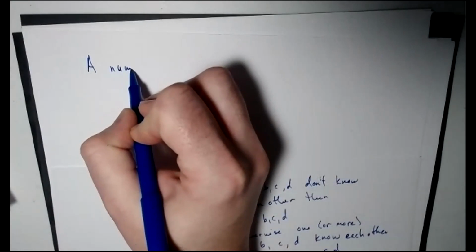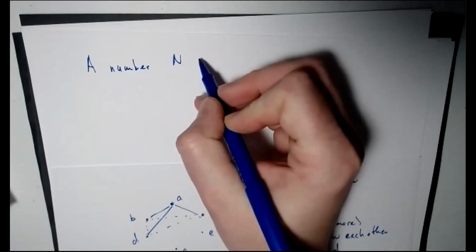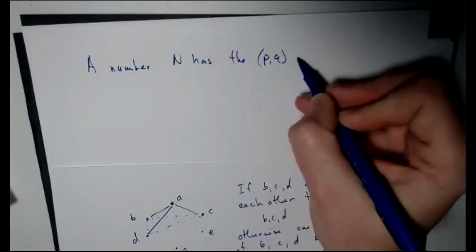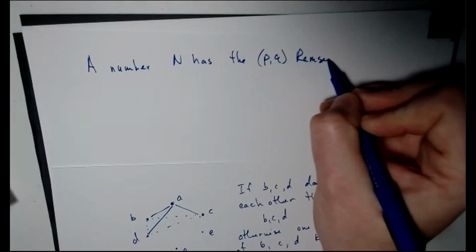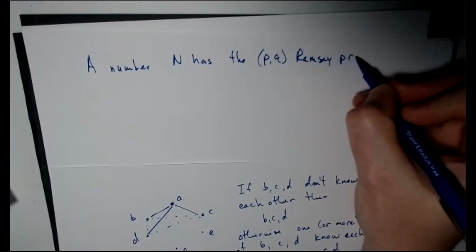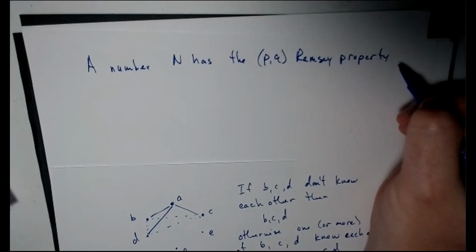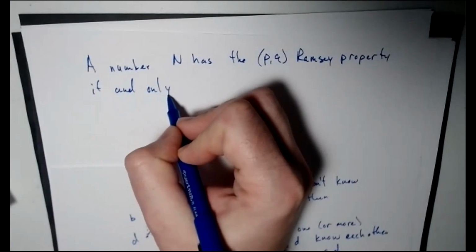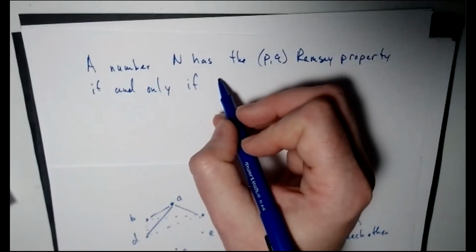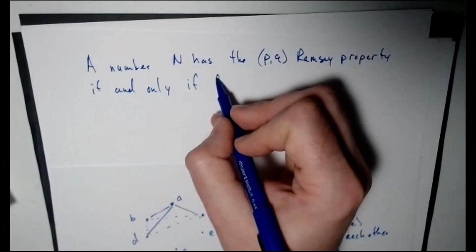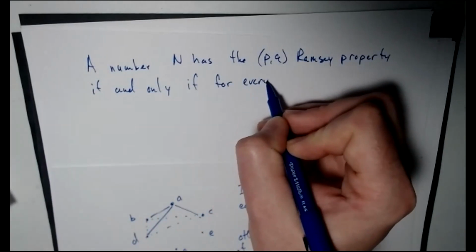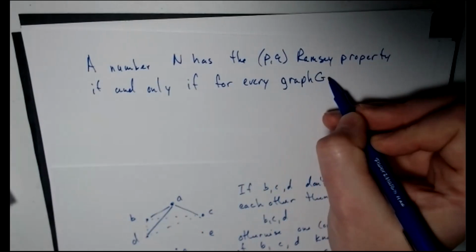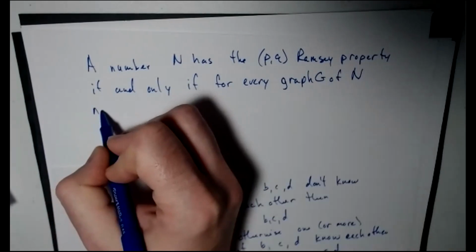A number n has the PQ Ramsey property if and only if for every graph G of n nodes,